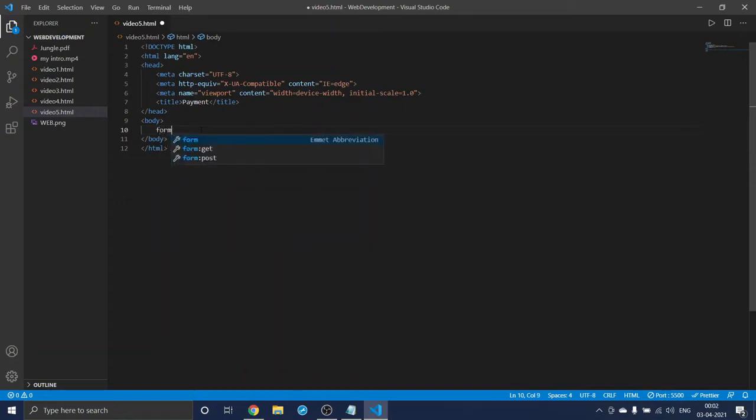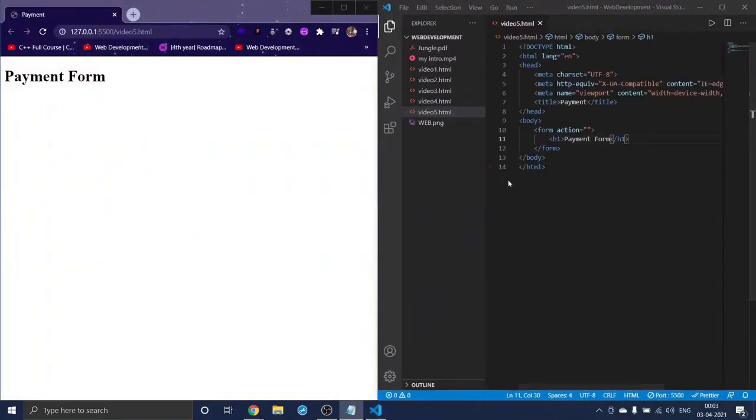So I will come up with the form, and here check this, we got an attribute which is action by default. Let us leave this, and in the form let us start making our form. First I will give an h1 with the title, for example, payment form, and let me go live.